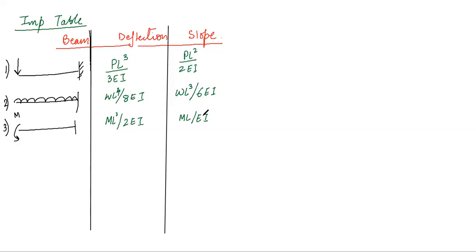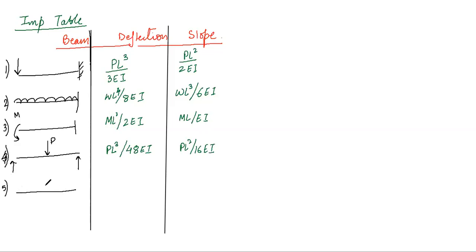Just now we have discussed the simply supported beam, right? The fourth case we have discussed is the simply supported beam condition with the point load at the center, right? So the load is P. Then the deflection is defined as PL cube by 48EI, and the slope is defined as PL square on 16EI, right? The fifth one is a simply supported beam with